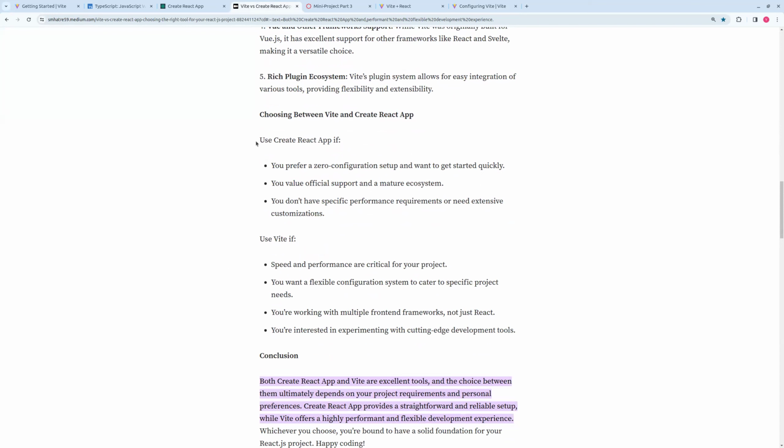So at the end, here they suggest that developers should use Create React App if you prefer a zero configuration setup and want to get started quickly, if you value official support and a mature ecosystem, if you don't have specific performance requirements or need extensive customizations. And this is of course in the development phase. We are talking about the development phase here. So Create React App is a better option,